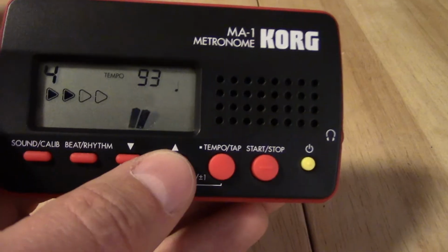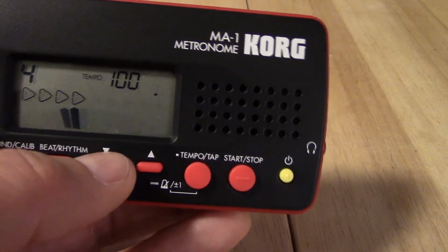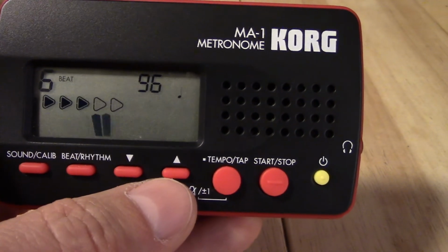You can tap the tempo button to set how quickly the tempo should be, and it'll kind of measure your taps and give you a tempo. Or there's an up and down arrow button here where you can actually just control the tempo by going up and down 1 beat per minute as you go. You can control how many beats are in the measure, 4, 3, I think as much as 9, 1 beat